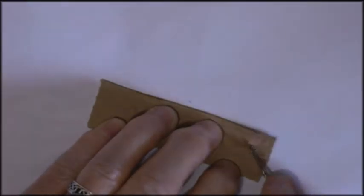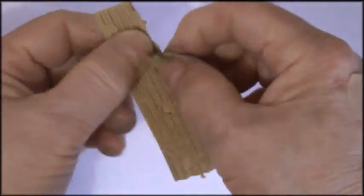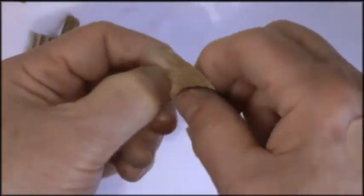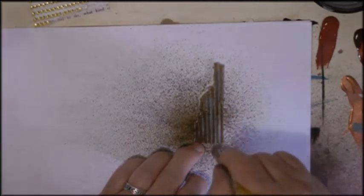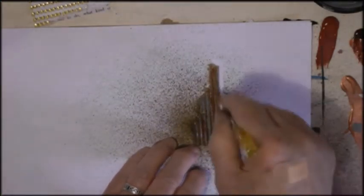So there are lots of bits and pieces to this art journal page. Here I'm taking the outer cover from some corrugated card and then I'm turning it into the shape I want it to be. I do a few of these, as you'll see later. This is dilution spray in brown, and this is dilutions paint in slate grey. And then I'm adding some red iron oxide. I think that's